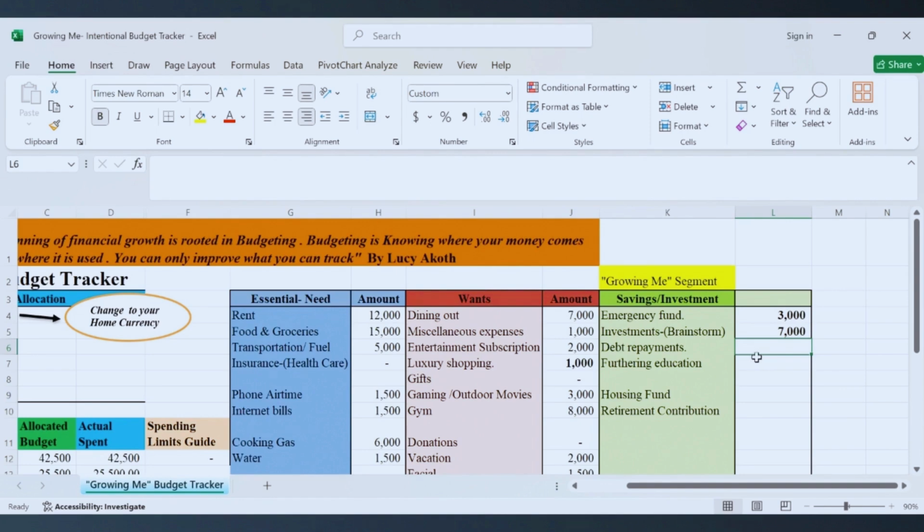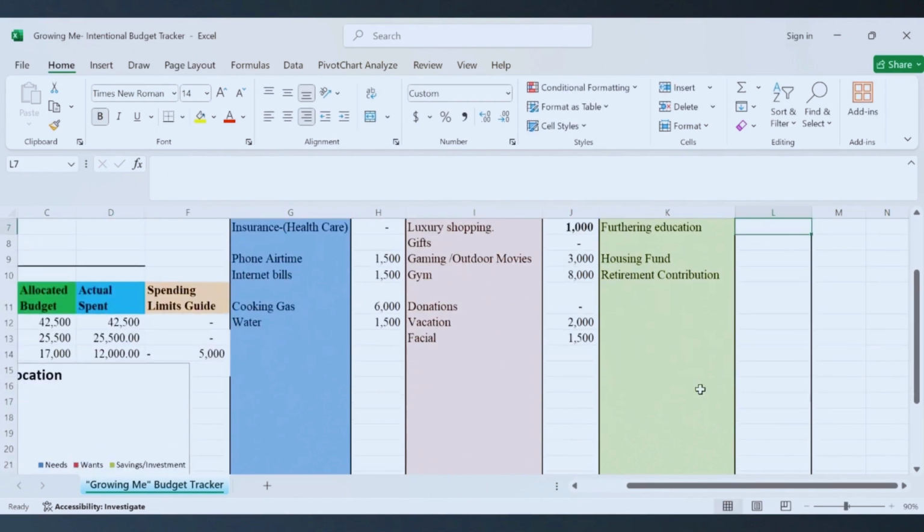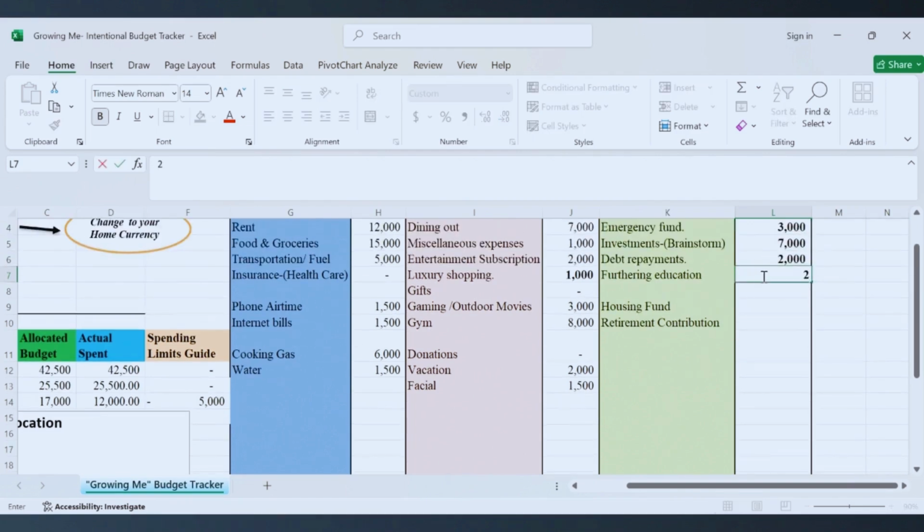So debt repayment, if you took a debt and you are repaying it, this is the category where it falls. Let's say you are repaying 2,000 per month. And for example, furthering your education, this is also an investment because it is something that is going to increase your earning potential. I will assume that, because the more education you have, the more you are able to negotiate for a higher pay. So we can keep this at 2,000